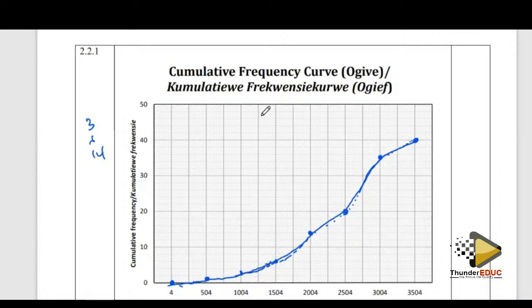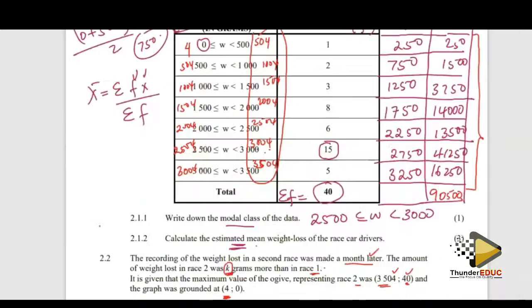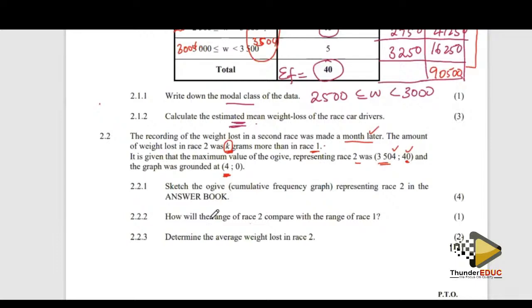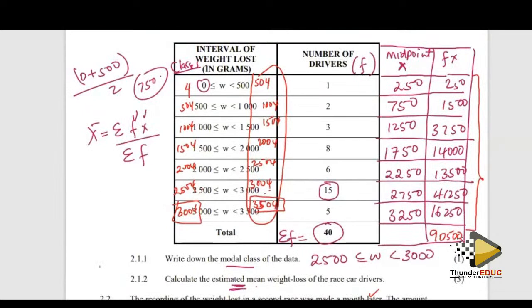Something like that. Okay. Then they're asking how the range of race 2 compares with the range of race 1. Now, the fact that we see the intervals just varying in the same format, a -4 and then +4, or +4 on either side, there's not going to be any difference, because remember,